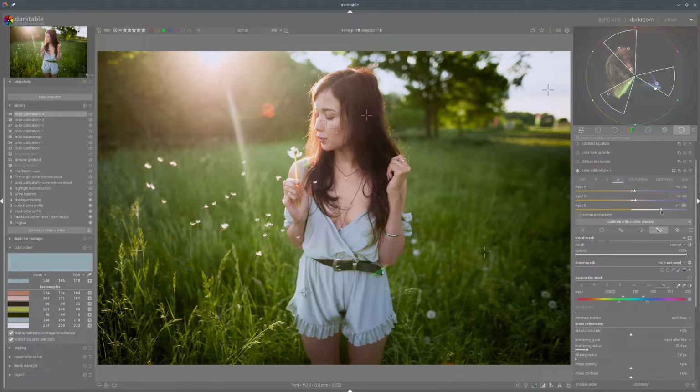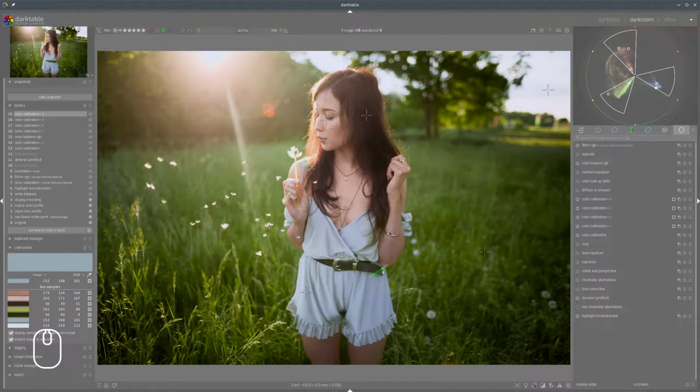Let me see, we need to be careful not to go too far. But we can get this. Okay, now we have everything inside. And also, I think it's a good idea to desaturate this area also. But everything is a little bit too reddish. Now we have locked our colors in that particular